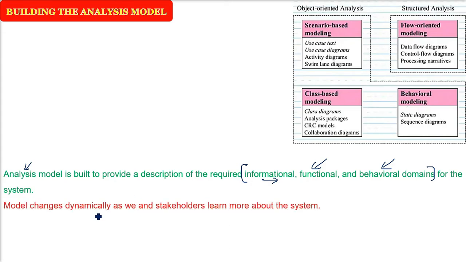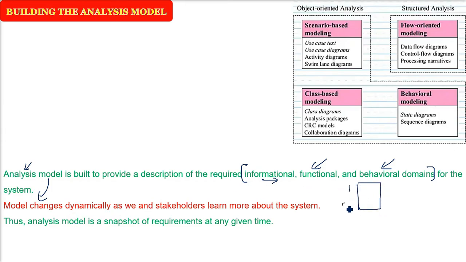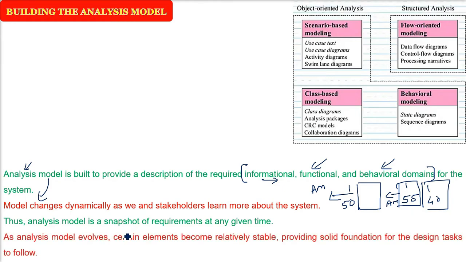Okay. So these analysis models will change, because every time you make it and sit with a stakeholder, it's going to change. The analysis model is what? The definition, or you can say the idea of an analysis model, is a snapshot of the present requirements. For example, you have 1 to 50 requirements right now, this is the analysis model. Now after say 1 month, 2 months, the requirements are 1 to 55. The 5 has increased, or say 10 has decreased, so 1 to 50. So the snapshot or the picture of the requirements at any given point of time is the analysis model. I hope you got the idea. The requirement snapshot is only the analysis model.